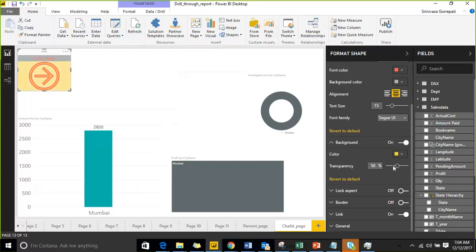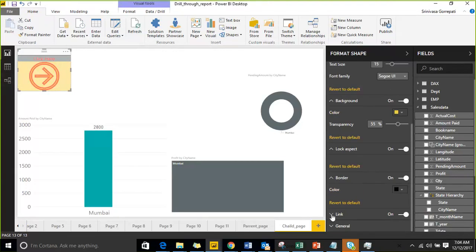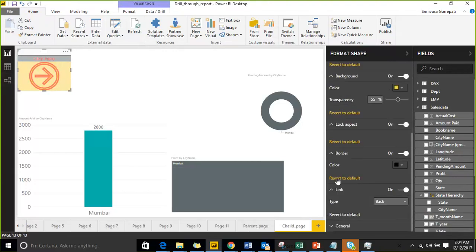Transparency is nothing but what thickness level you want. Lock aspect, we don't have anything. Border, if you want to provide a border for that visualization, you can create a border. And link, whether you want it to go to the parent page or not. By default it will allow you. If you don't want it, you can turn it off, so that even if you click on it, it will not redirect